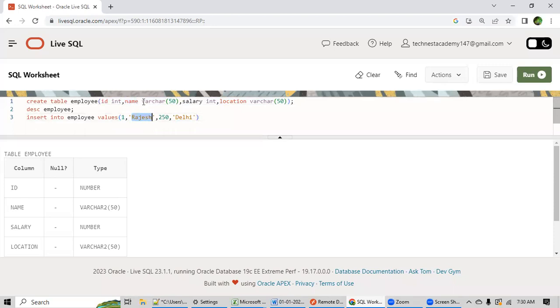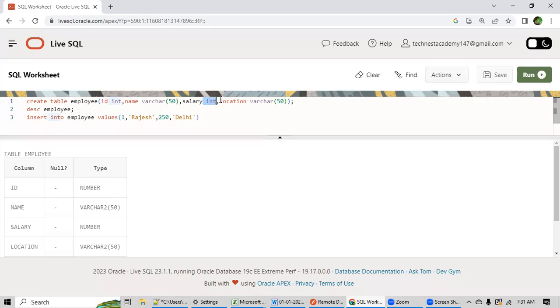One thing: the columns which are varchar, you see name is varchar, those column values must be kept within quotes. You see I have used single quotes here. Next is salary. Salary is 250. I have not kept it in quotes, so if a column is integer data type, quotes are not required.